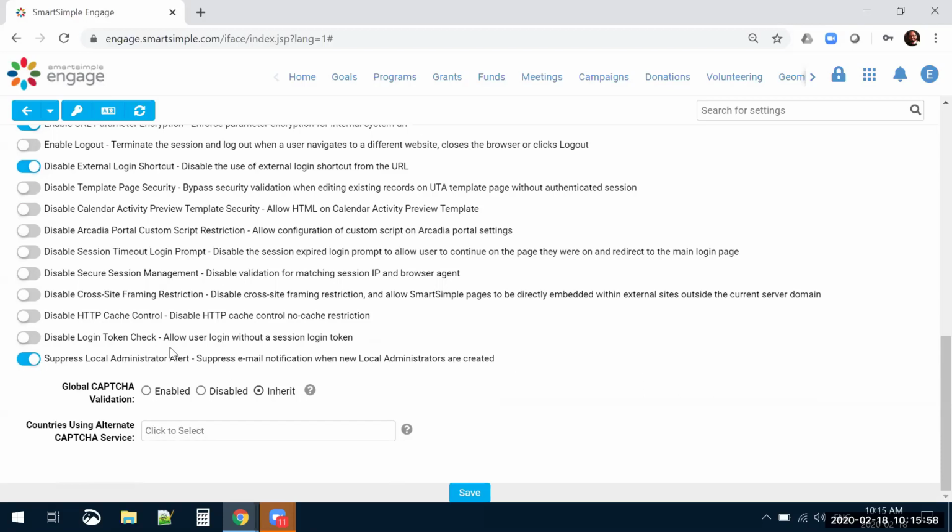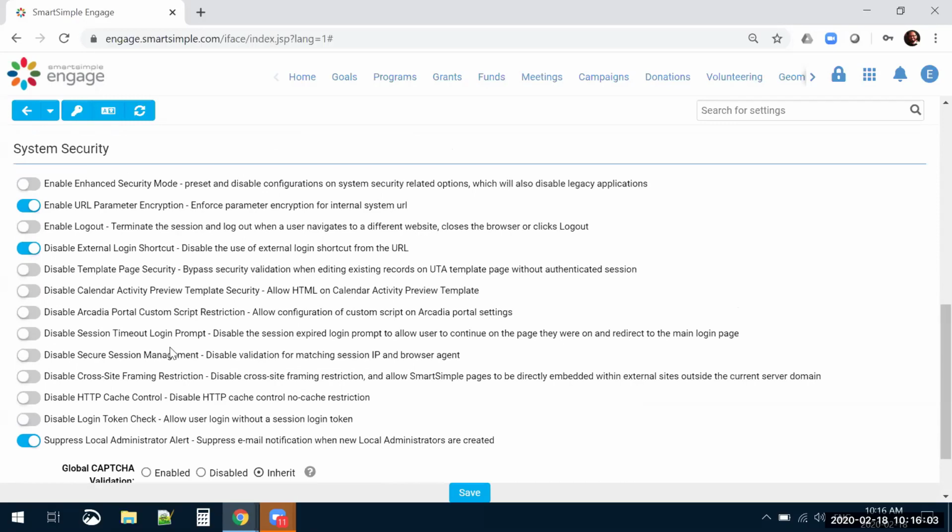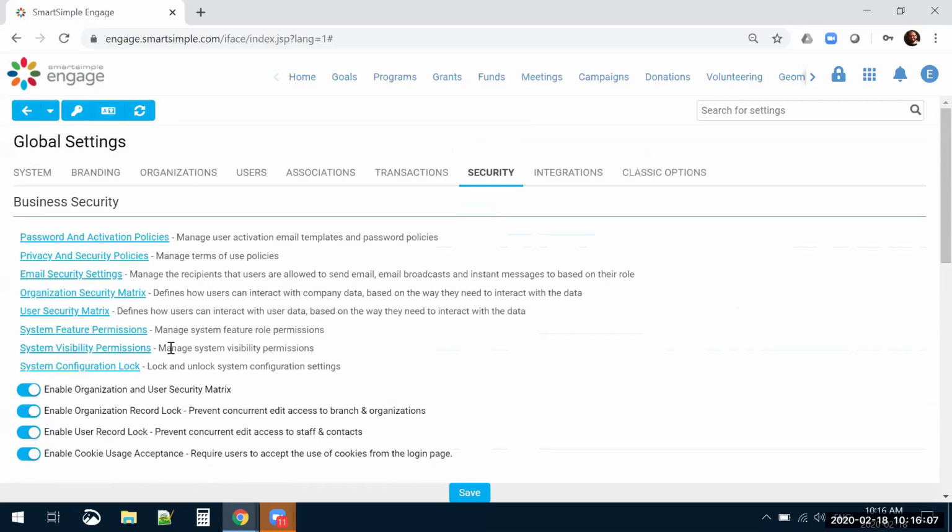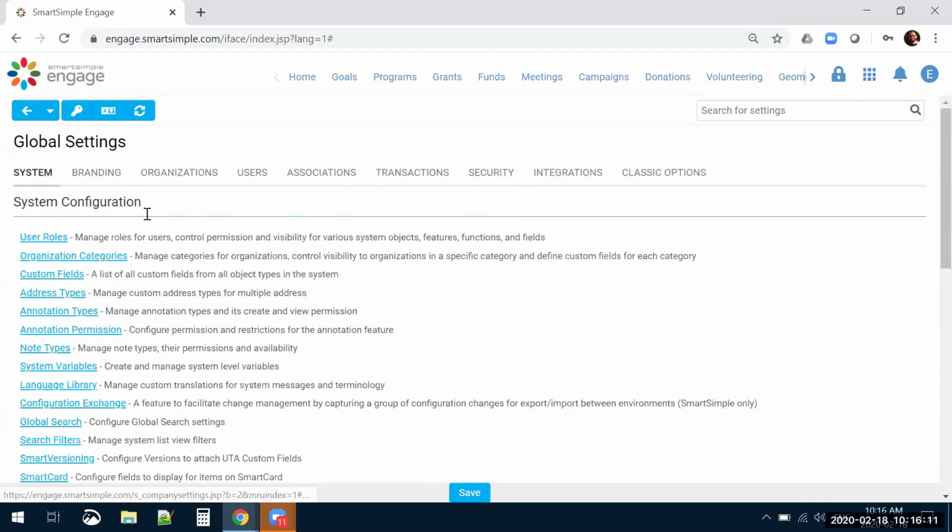CAPTCHA settings are here as well. They're very important also. For a lot of these things, if you have some questions and you want to know what they do, please contact us after the webinar and we can go into more detail of how they work for you. But outside of the system security, we get into the individual security within the